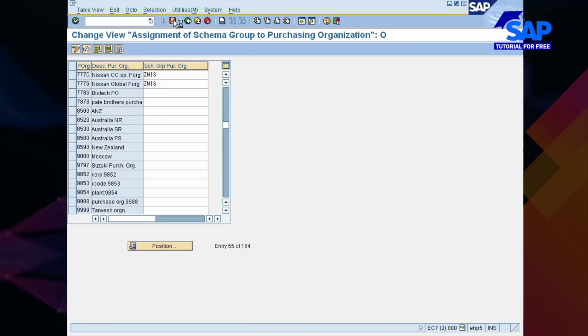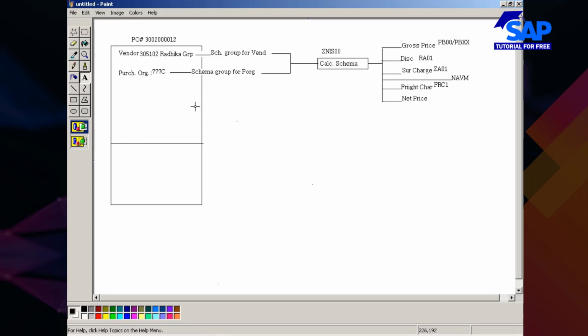I'll just go and save it. Okay, now you see here my schema group for purchase organization is ZNIS, which I maintain here. My schema group for vendor is ZN. Right, now you see vendor I am yet to maintain it.